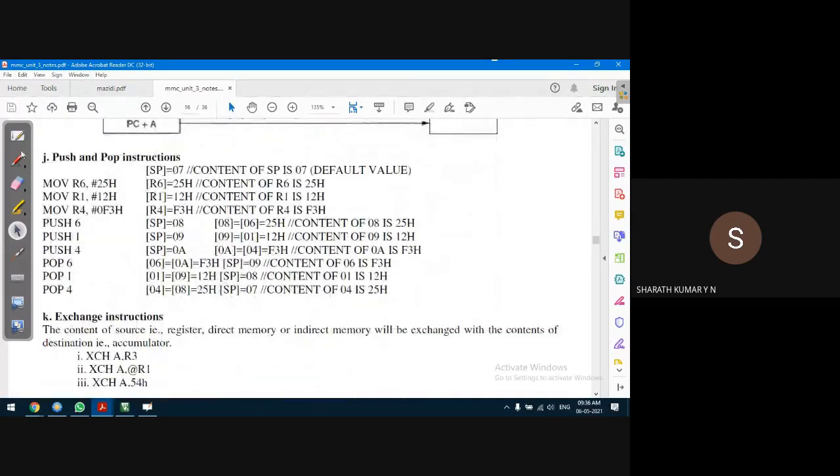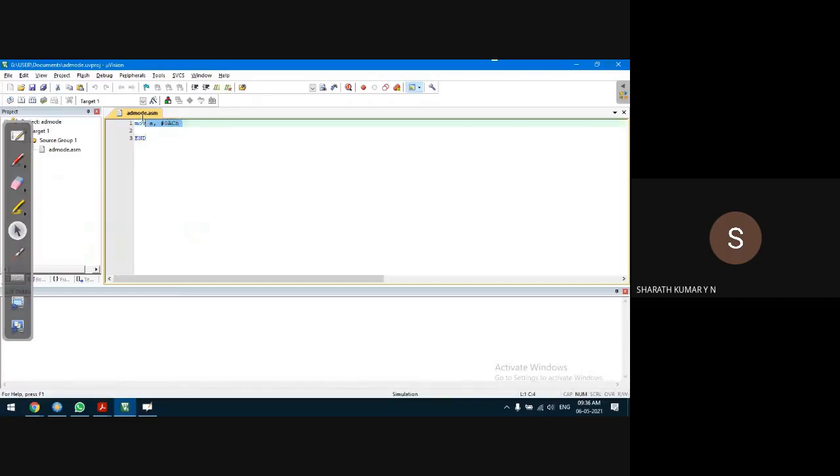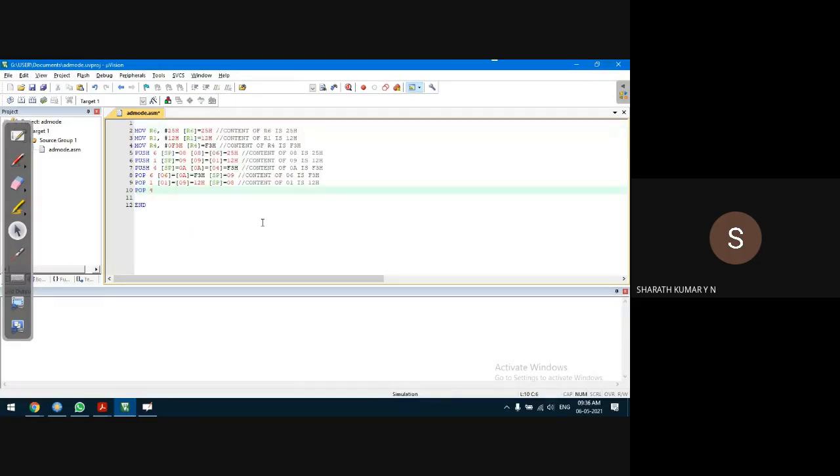Next type of data transfer instruction is the push instruction and pop instruction. Let us understand this. Let us jump to the compiler so that we can run the program and see. I'll copy this program, guys, these 9 lines, so that I'll run the same lines. Typing the program takes time. Okay, I got all the lines.